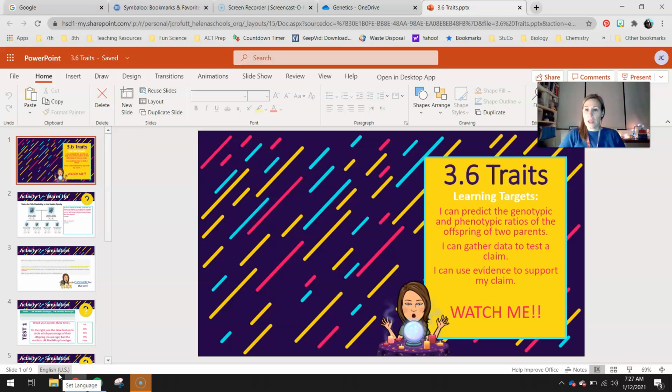Your learning targets for today are a little bit of science and a little bit of just our content-specific phenotypes and genotypes of genetics. So I can predict the genotypic and phenotypic ratio of the offspring of two parents. So basically what you're looking at when we talk genotypic and phenotypic ratio is percentages. So if we were to breed two parents, what percentages of genotypes and phenotypes would we see? And we'll definitely dig a little bit more into that in class, as well as we move on to do